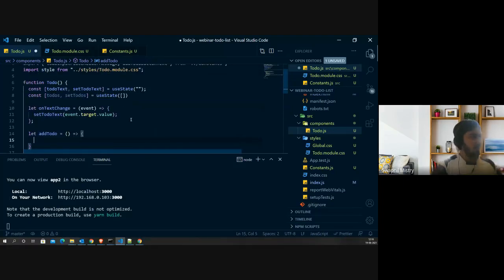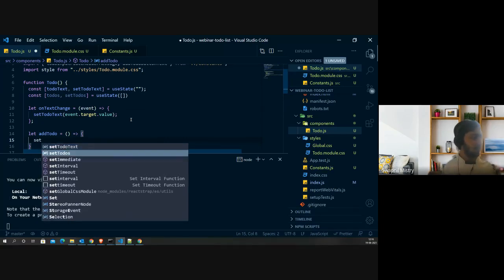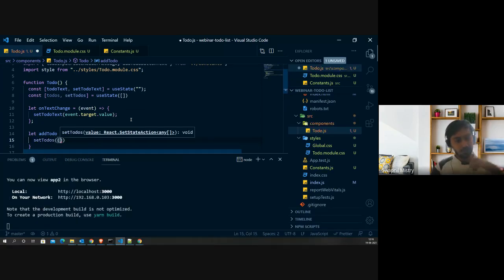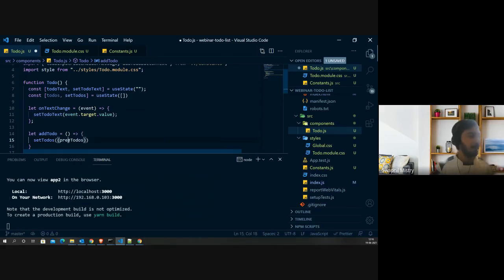Okay, so what I will do is I will update the to do list. So add to do's. So now what I will do is I will try to get the previous to do's which were available for me. Yes. And we also studied why we are using this mechanism rather than updating the state directly, so that if there are multiple component re-renders from different places, then we get the right values. Okay,